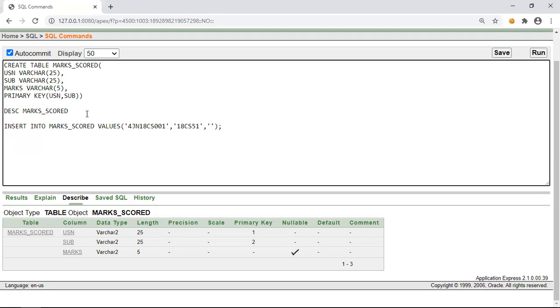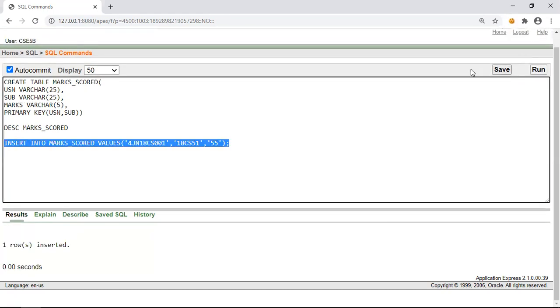Marks also I can either put in single quotes or without single quotes. Since I have declared marks as variable character, I can put it in single quotes. Okay, the row is inserted.